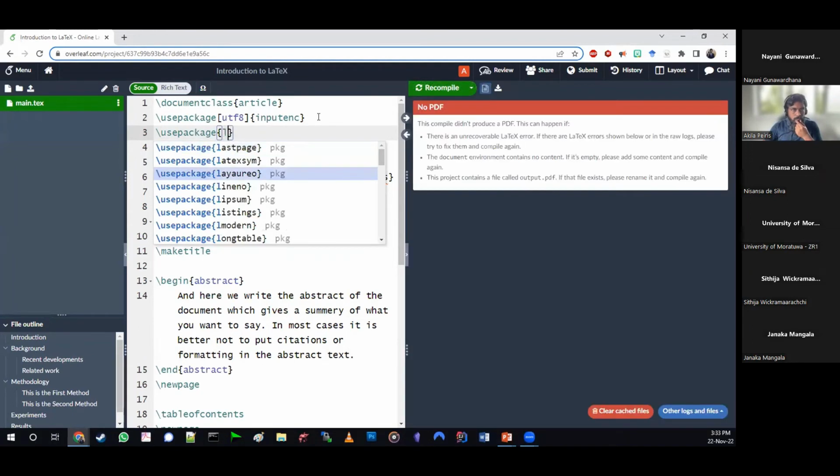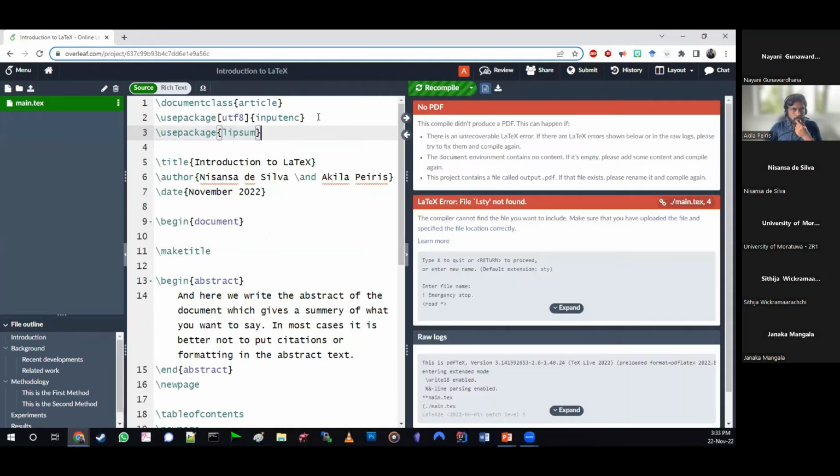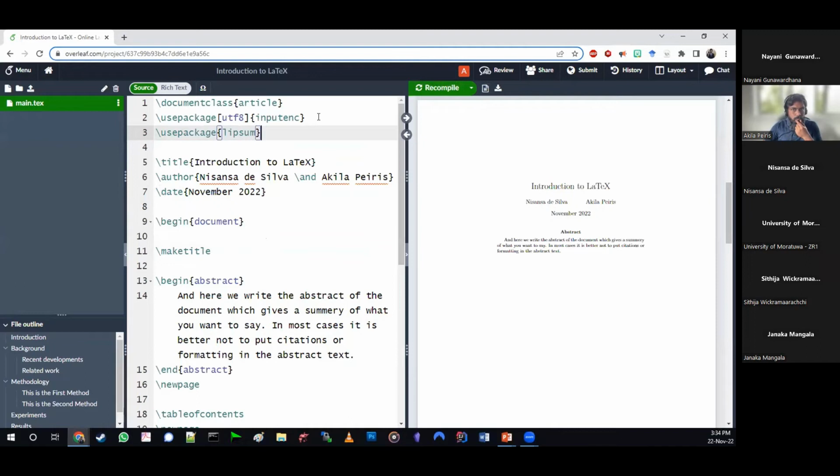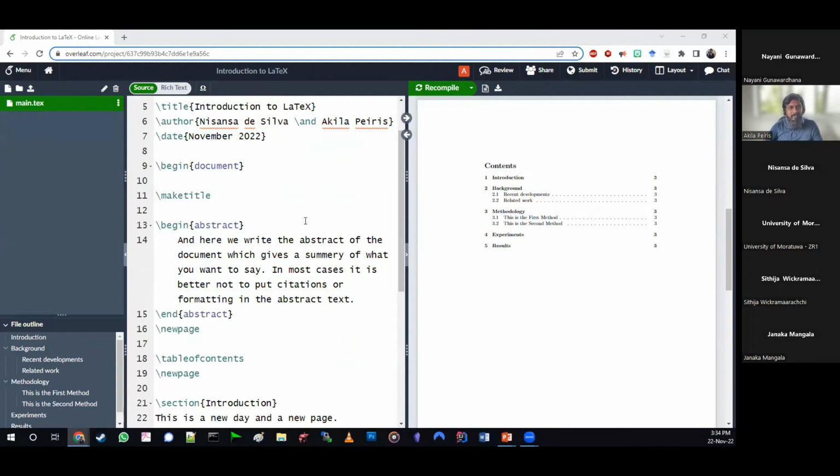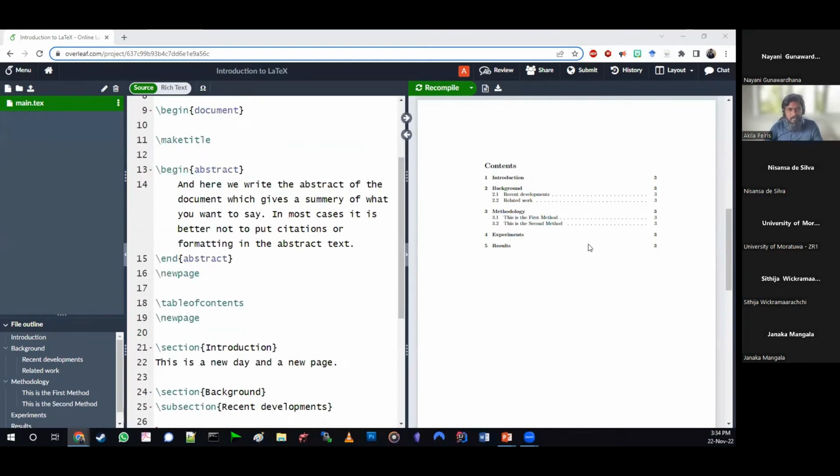For those of you who have experience with web development, you would know what lipsum is. Lipsum is a package of fake Latin where you add fake text to see how the document would turn out.